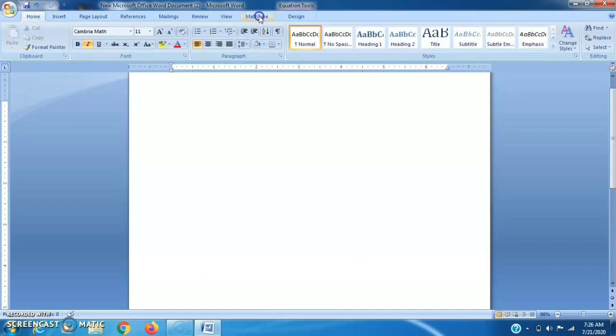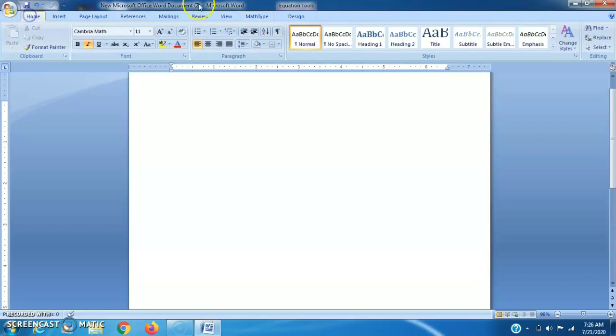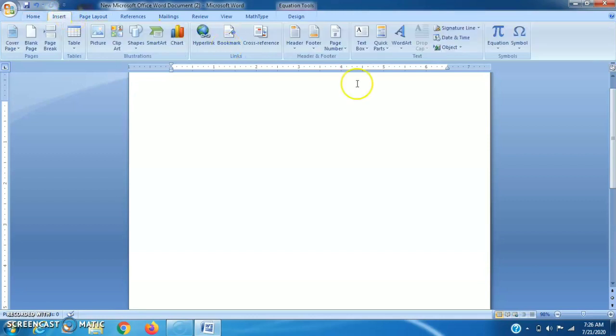by MathType. As I installed MathType here, it is in the toolbar option MathType. If you want to write some mathematical equation using MathType, then I have to just click on the insert button, and now we will not click on equation, we have to click on object.